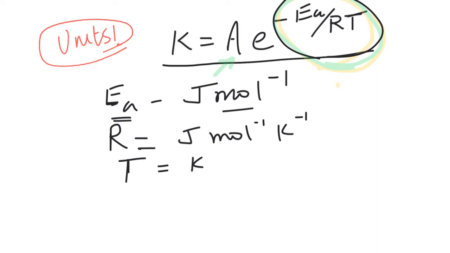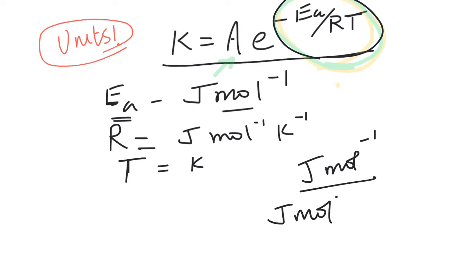So EA has joule per mole. I'm ignoring the negative sign because I'm only considering the units, divided by joule per mole per Kelvin for R. So I've substituted the units for R, and then for T,